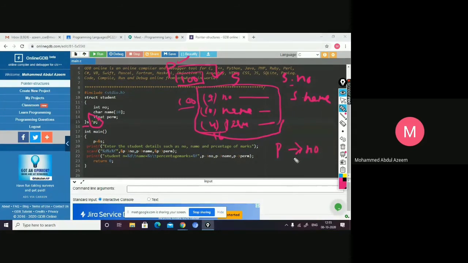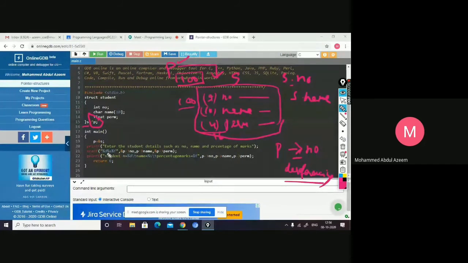There are different terminologies used, but dereferencing operator is the correct name. You are referring to and separating that member and accessing it through the pointer P. When you are accessing the values through a pointer, we access them with the help of the dereferencing operator. So in case of structures, the dereferencing operator is arrow.